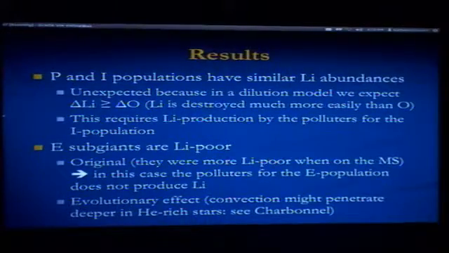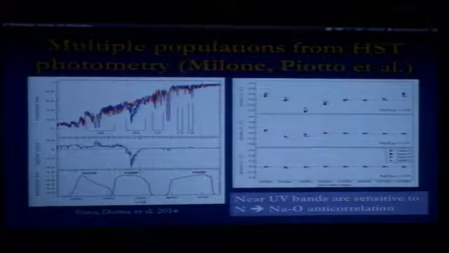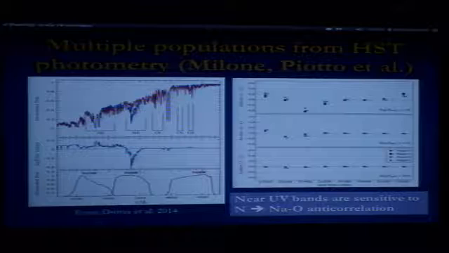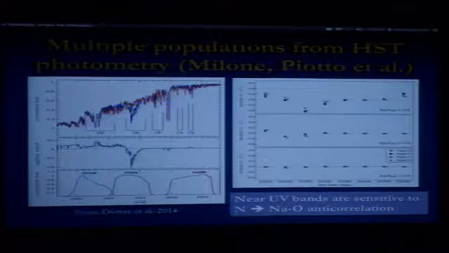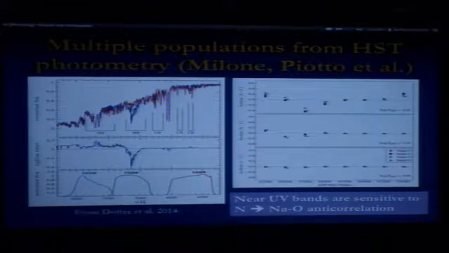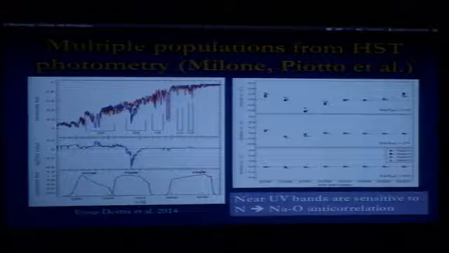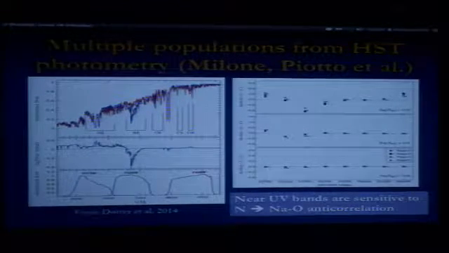This is one of the strong arguments in favor of the AGB stars as the polluter, because the AGB stars are able to produce lithium. This is a characteristic which makes them different from massive stars. Another thing that has been done in the last years is to try to overcome the small number statistics that is typical of spectroscopic surveys. Some of the other 100 targets for each one of the cluster,